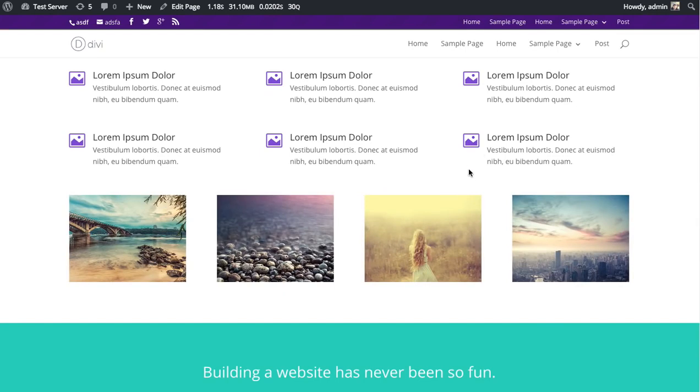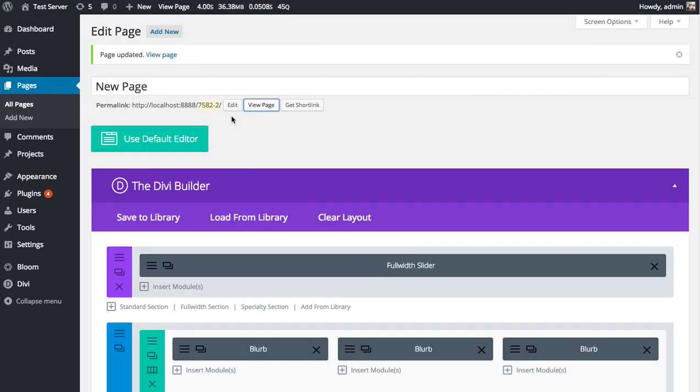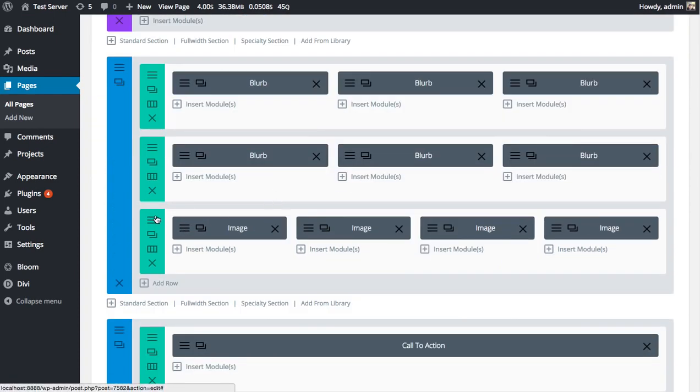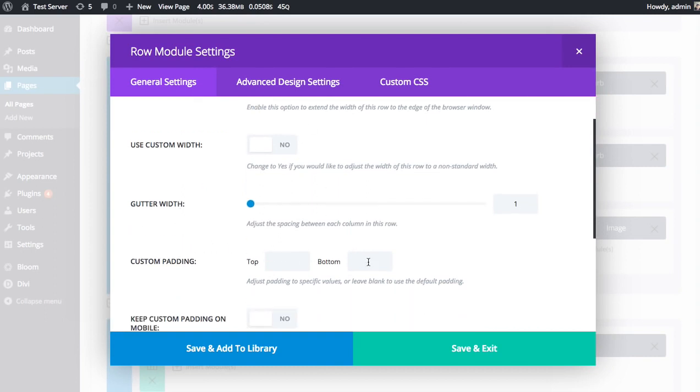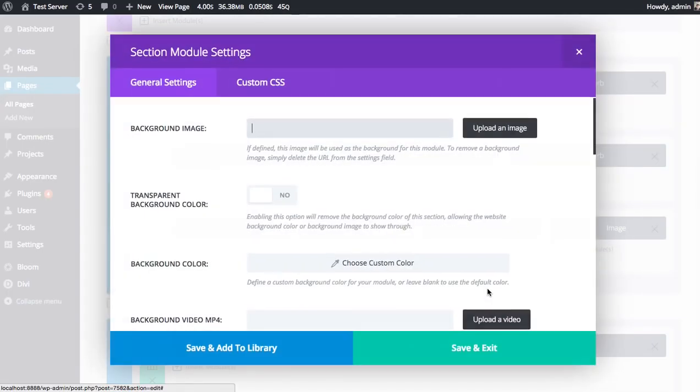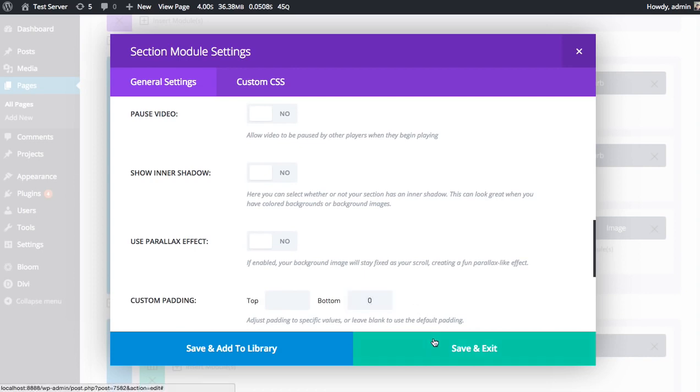And like I said, I want to spend some time making this row a little bit different than your average row. And so instead of having these images in standard width, I want to remove the spacing between each image, remove the spacing below the row, and make them go full width and create a whole different look for this row. So what I'm going to do is I'm going to go over to the row settings here. I'm going to make this row full width. I'm going to bring the gutter width down to 0. I'm going to remove the padding on the bottom of this row. I'm going to save and exit, and I'm also going to remove the padding on the bottom of this section